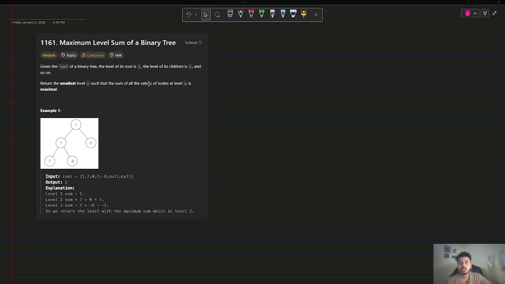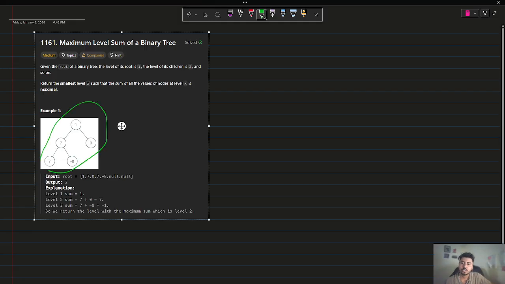All right. So I'll just go through example one. It will help you to understand what I'm saying. So in example one, you can see over here, there is a tree, right? It is a binary tree, and